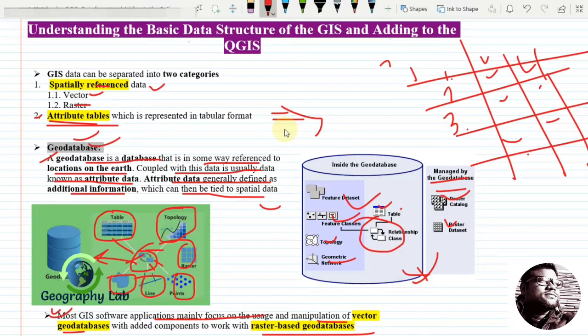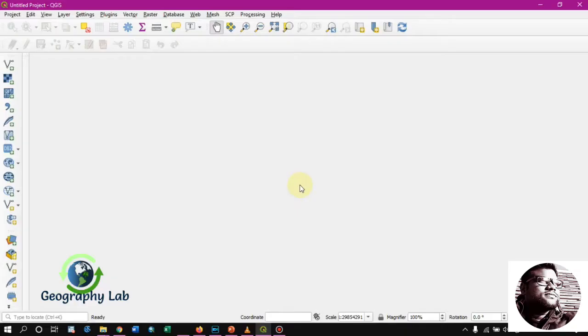Now we are going to the QGIS software to understand how to add the different kinds of data, and then do some basic properties settings. Okay, we are in the QGIS interface.